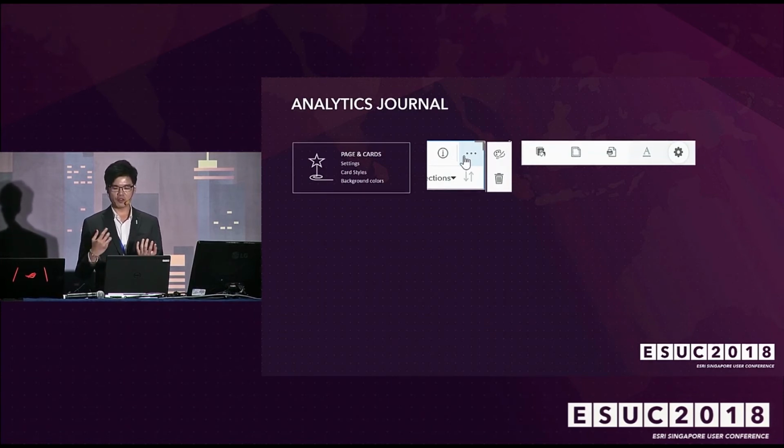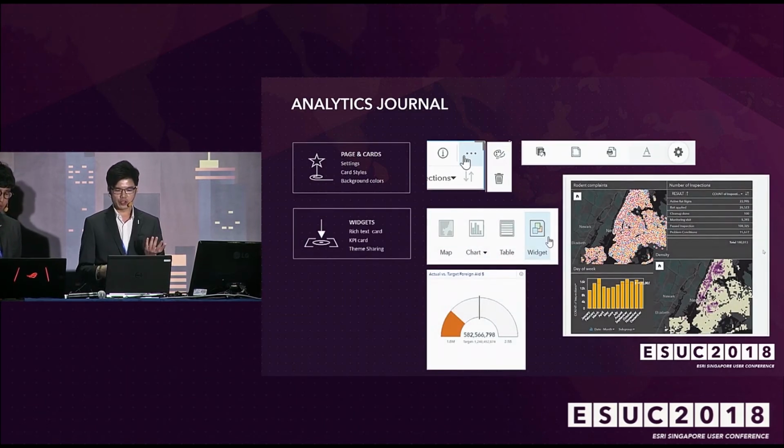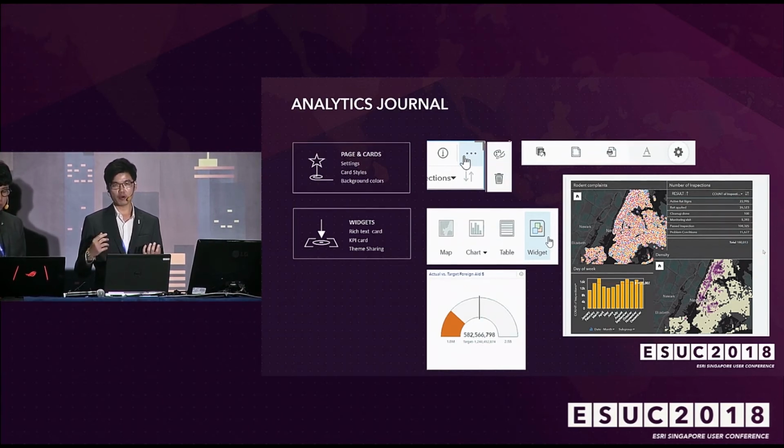Insights now gives you more control to use your organization's colors and logos as options for your shared analysis results. You can share it like an interactive report to your management. You can change your page settings and background colors, and modify and manage these settings across cards, pages, and charts. There are also widgets like the rich text card, where you can add rich text, hyperlinks, images, videos, etc. And there's a new KPI chart showing your data gauges to evaluate your statuses and compare them with a target, minimum, or maximum value.